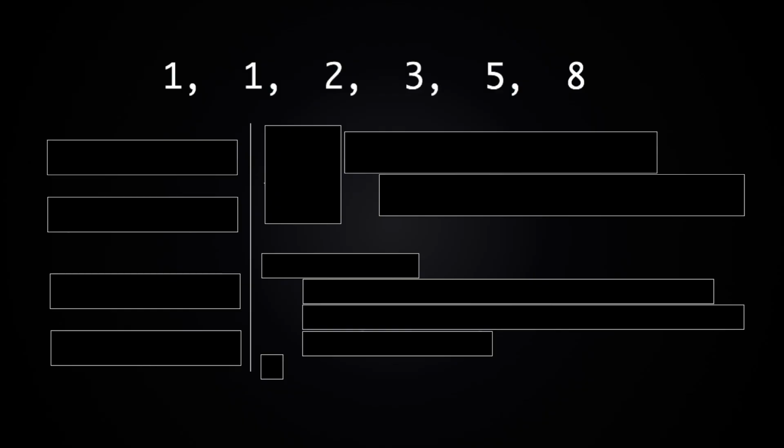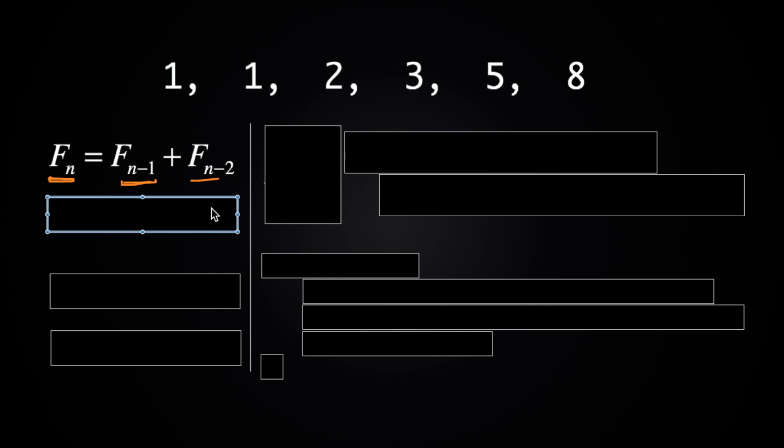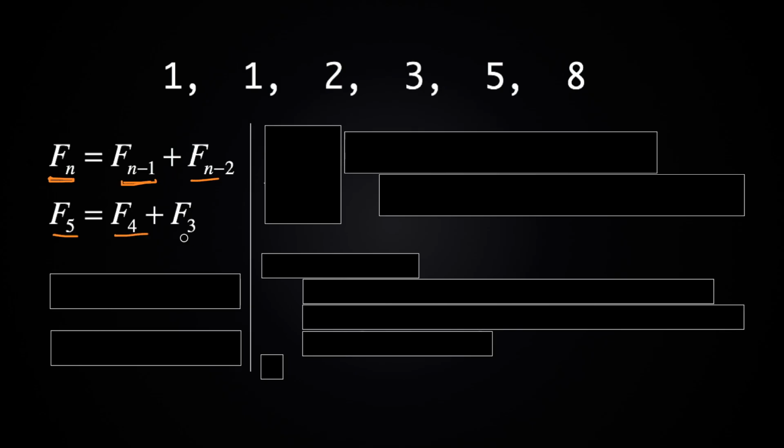Now, to solve this problem using recursion, you need to first formally define the relation between different Fibonacci numbers, just like we did with factorials. So for that, we're going to write f(n) equals f(n-1) plus f(n-2). So I'm denoting the nth Fibonacci number as f(n), and this is saying the nth Fibonacci number should be the sum of the 2 previous Fibonacci numbers. So an example here would be this one right here, f(5) equals f(4) plus f(3).